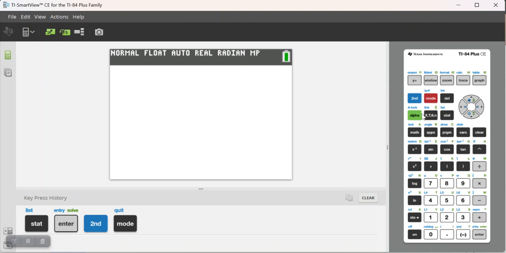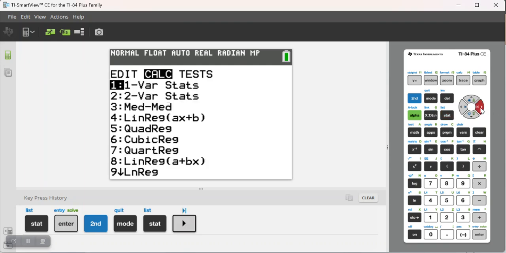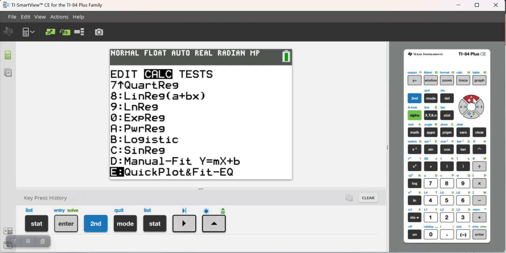and what I want to do is use one of the other stat features. So I'm going to go to Stat again, but I'm going to go to a different menu. So if I go to Stat, now I'm going to move over to Calc, and the one I want is this one right here, Sinusoidal Regression. All right, so I'm going to click on that,